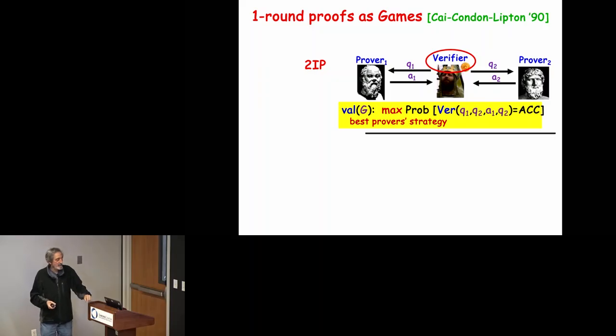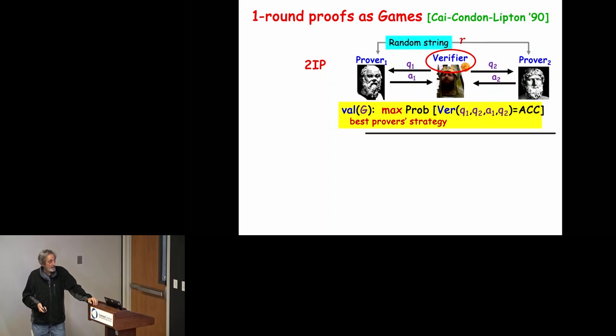You can think of it as a game, G, defined by the verifier computation. The verifier is a function of these 4 variables. The questions and the answers should determine whether it accepts or rejects. So there's some value between 0 and 1, the probability that it accepts. Okay, so that's the classical story. That's how to think about two-prover classical games. And it turns out that it doesn't matter if you allow the two provers, who are not allowed to talk, to have access to a common random string, so maybe some limited form of communication.